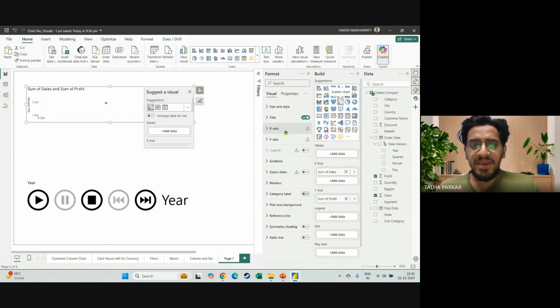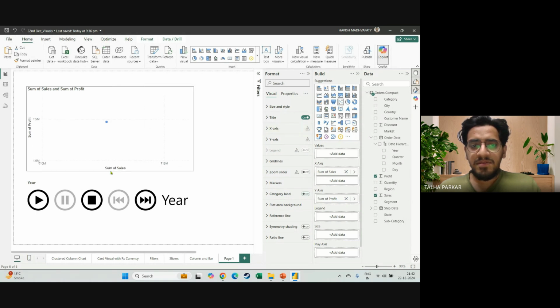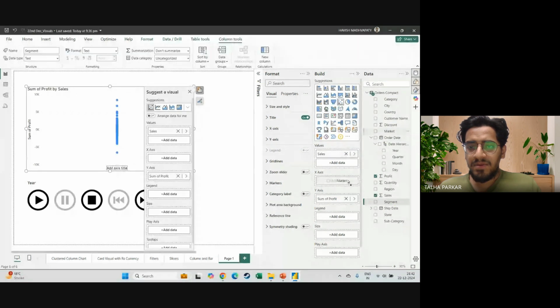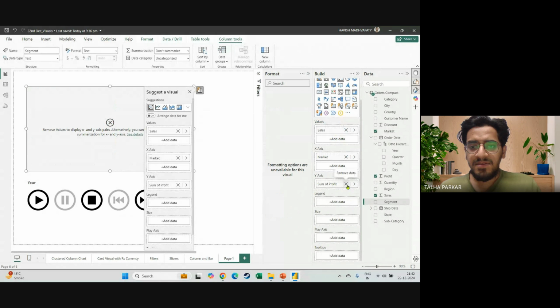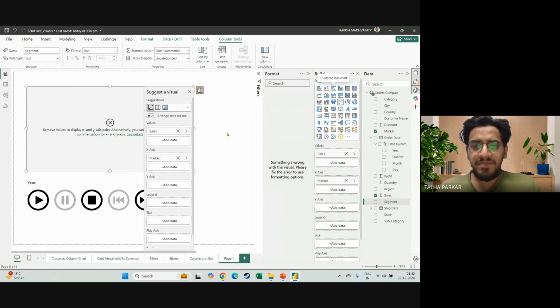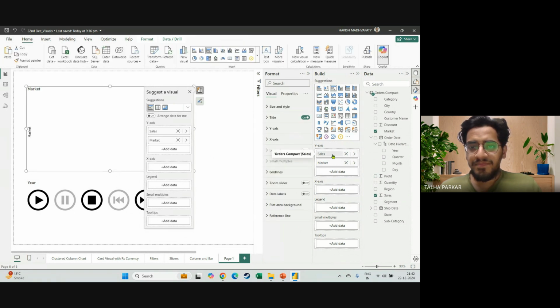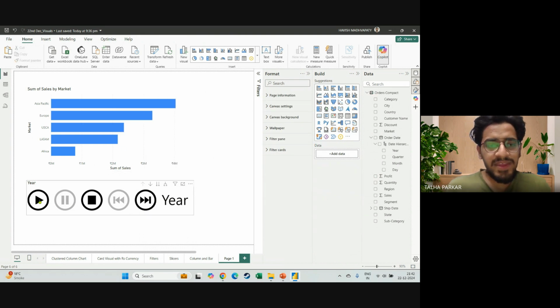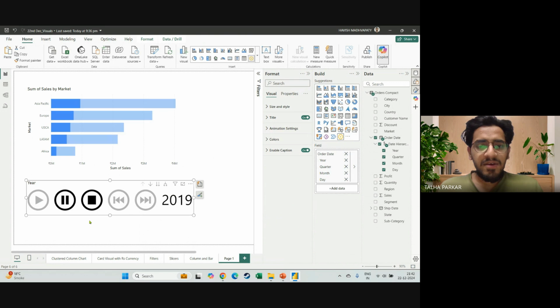I plot them on a scatter, and I want sales here. I want market on the x-axis. Like this. Now, once I have a simple visual, when I click on this play button, what it does is,